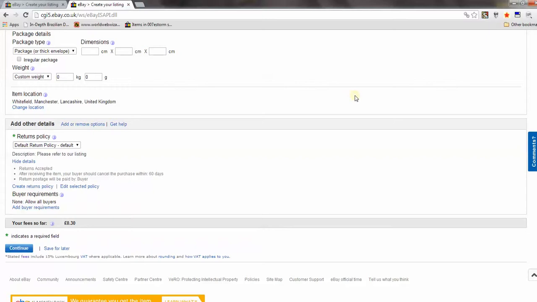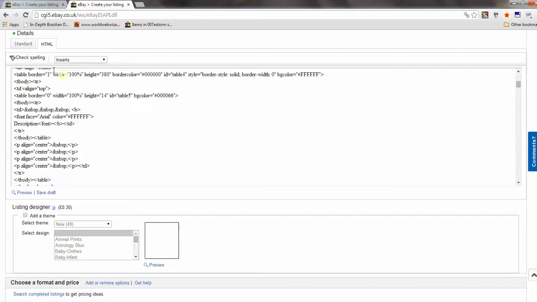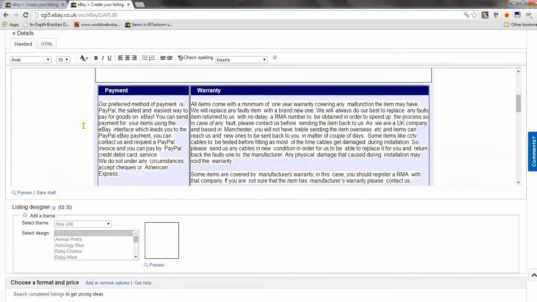Again, just a few tips. Make sure you take professional pictures, create a professional listing, use HTML editors, don't just type it within the standard area. Copy and paste your final HTML into the HTML field and let eBay detect the full look of your template. Make sure all of your policies are in place. Offer fast dispatch to your customers, a fair returning policy to your customers, and